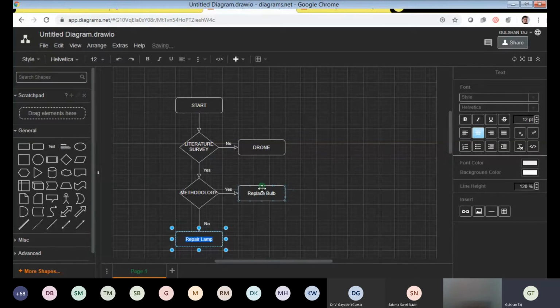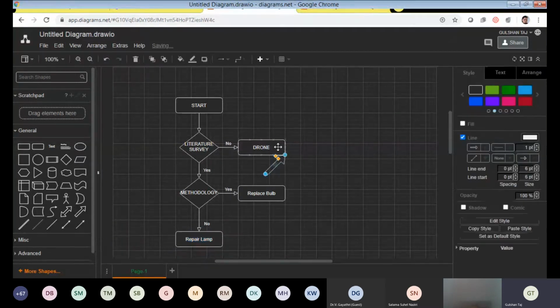And if these boxes are not fit for me, so I want to go for some other shapes, you can add those shapes. Can you see at the left hand side you have different types of shapes: rectangle, square, cylinder, circle, arrow mark, semicircle, anything. If I want to add some box here, I will show you.